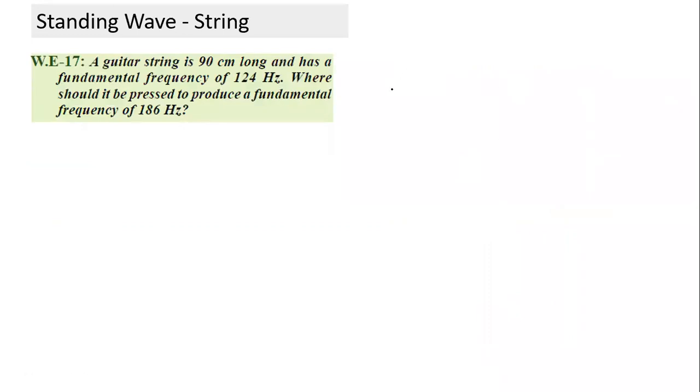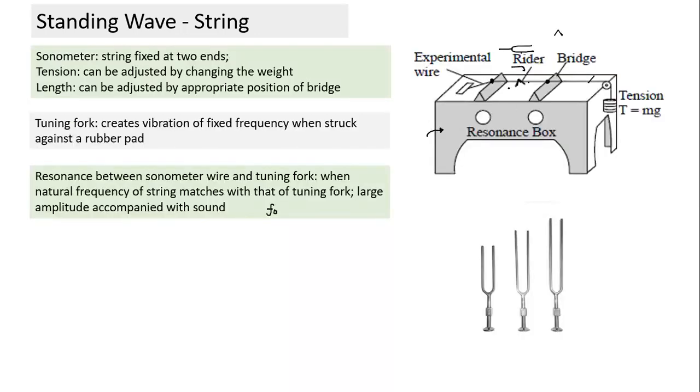This is nothing new. The only new thing about the sonometer is that when we talk about resonance, the tuning fork frequency has to match the frequency of the wire here, let's say a guitar string. We can understand the similar thing in terms of a guitar. Suppose we keep these bridges here and keep the tension the same. What are the things which can be altered here? We can change the wire. If we change the wire, mu will change. If we change the tension, the speed will change. We can change the spacing between the two bridges, so the length will change. As the frequency is equal to v by 2L, we can easily calculate the effect of each of these parameters I'm talking about.